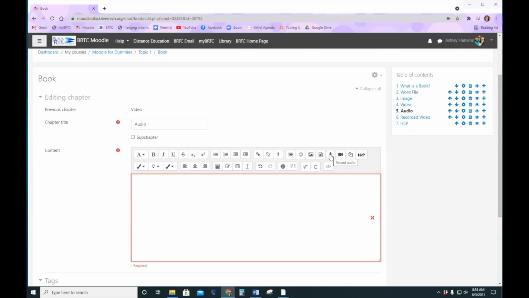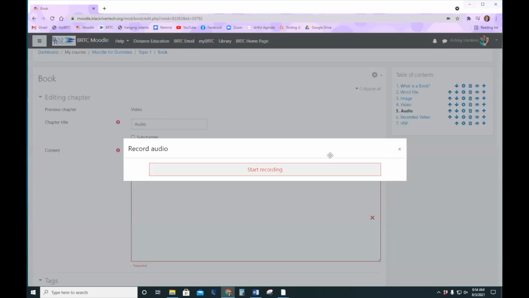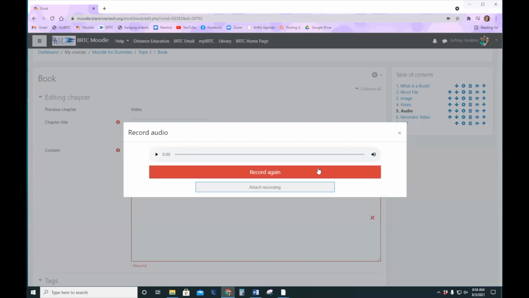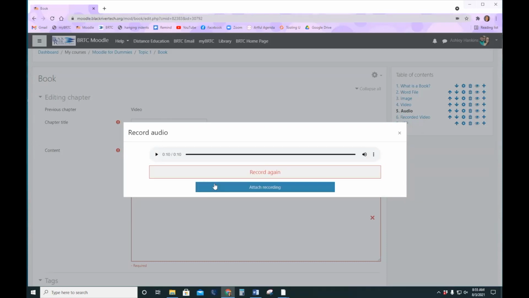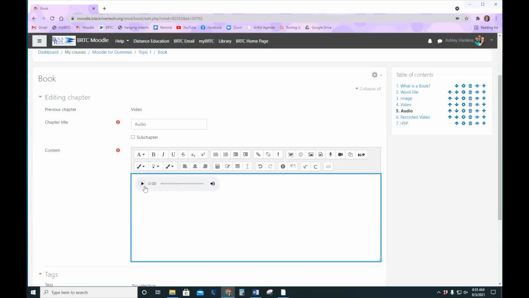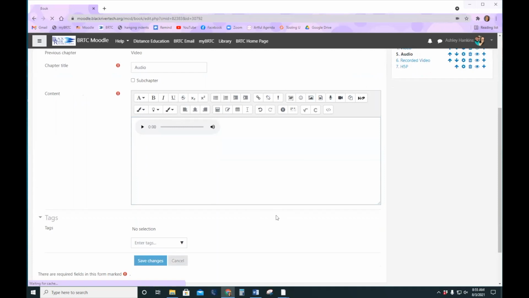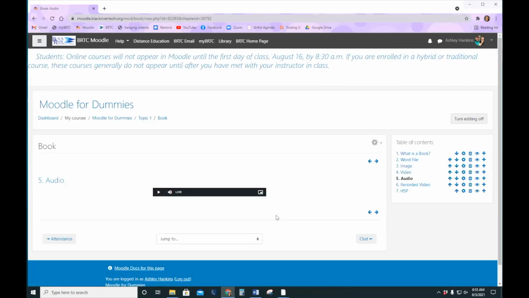So for audio, you can record audio by clicking the little microphone. And a button will pop up that allows you to start recording. And you're given 3 minutes to record. Students can also do this by clicking the little microphone. And then when you're done, you click stop recording. Give it a second to load, and then hit attach recording. And then students will be able to listen to that recording. You can do the same thing with video